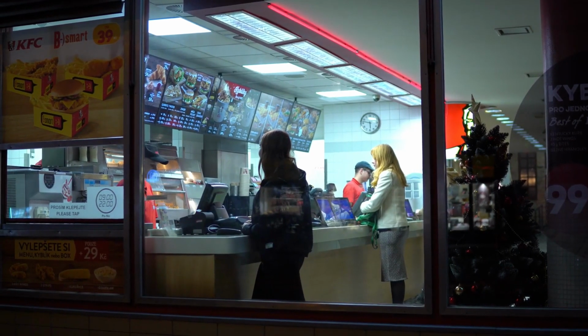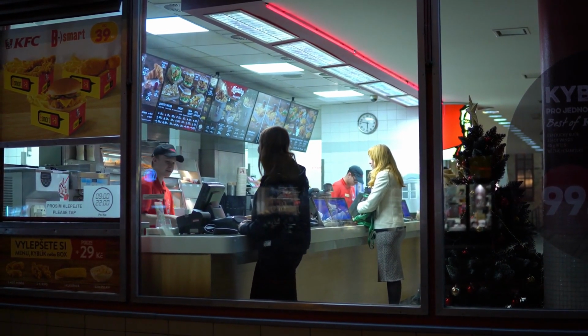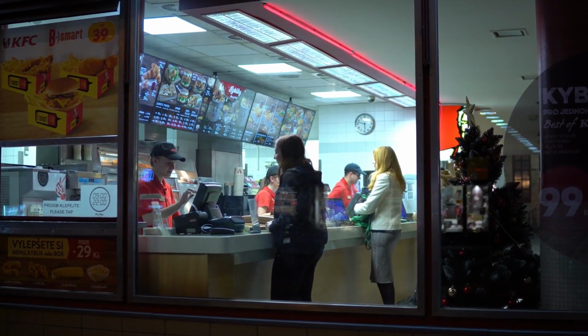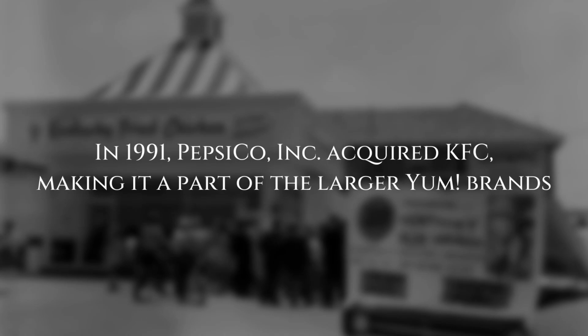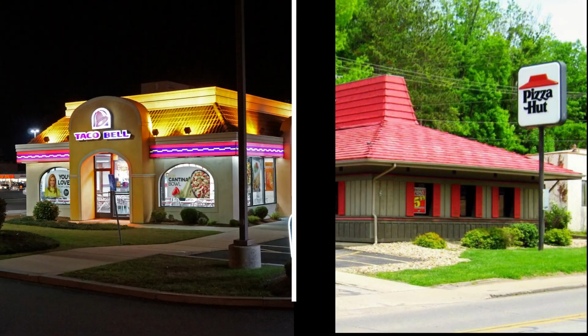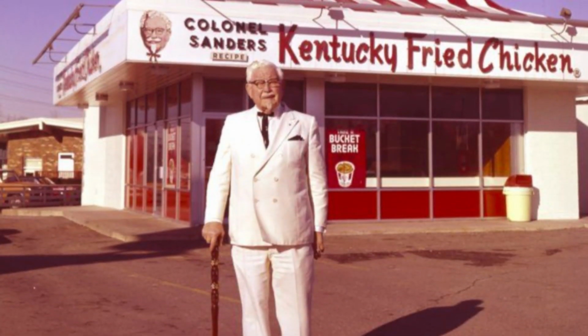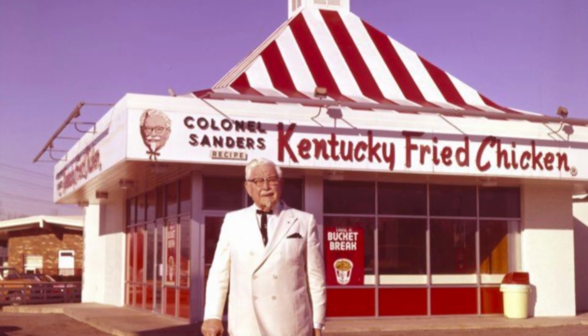The franchise model would prove its success time and time again, even on a global scale, and KFC continued to establish a presence in various countries over the next few decades. In 1991, PepsiCo Inc. acquired KFC, making it a part of the larger Yum brands, which also included Taco Bell and Pizza Hut. Since then, KFC has expanded its horizons non-stop, becoming one of the largest and most recognizable fast food